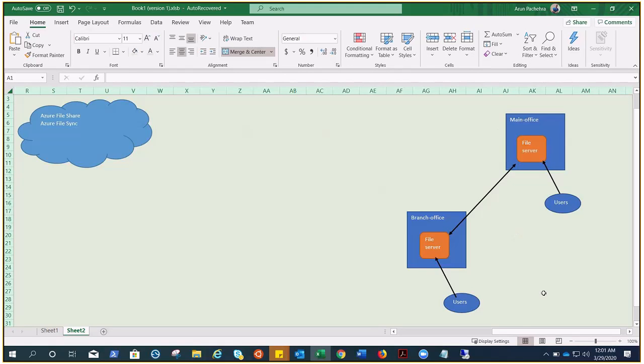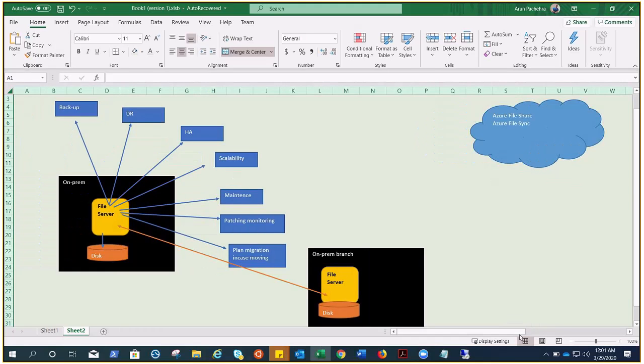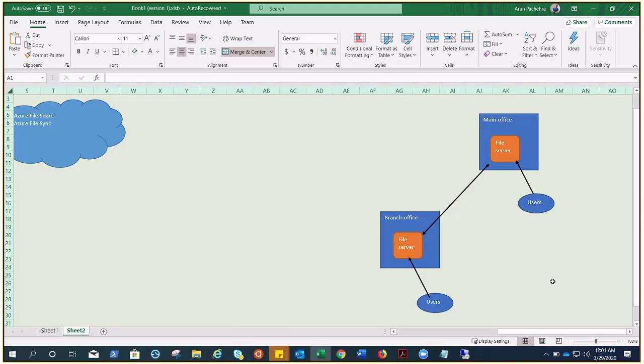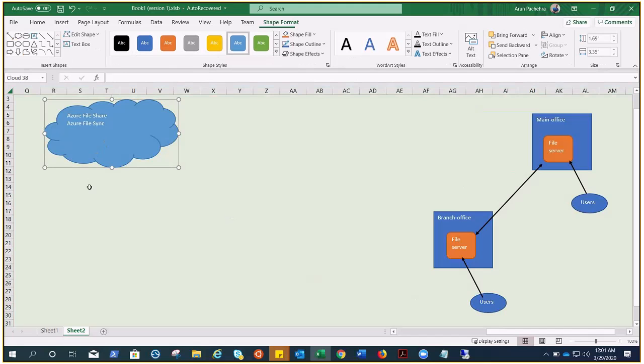So this is a little topology for the on-premises. Now, to utilize the Azure File Sync, we need a few things on the Azure side. Let me write down the prerequisites right here. Let's say we need a storage account, so that we can create a file share in the storage account and give it the quota which is required